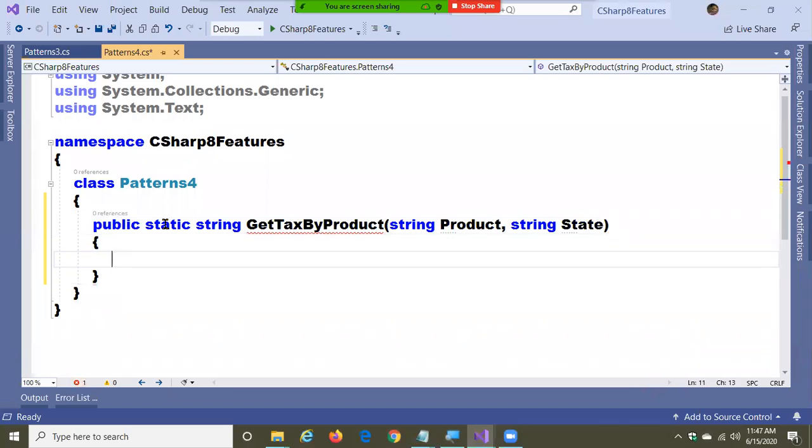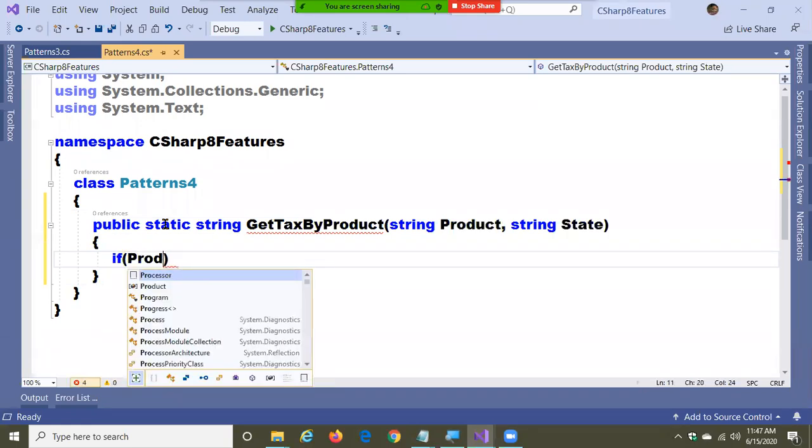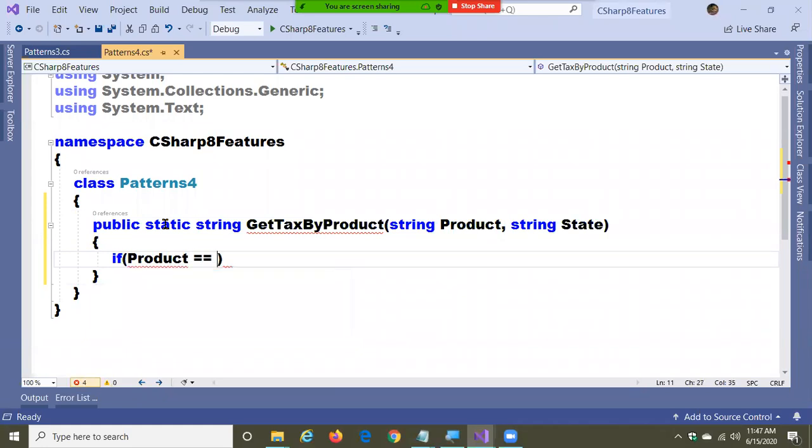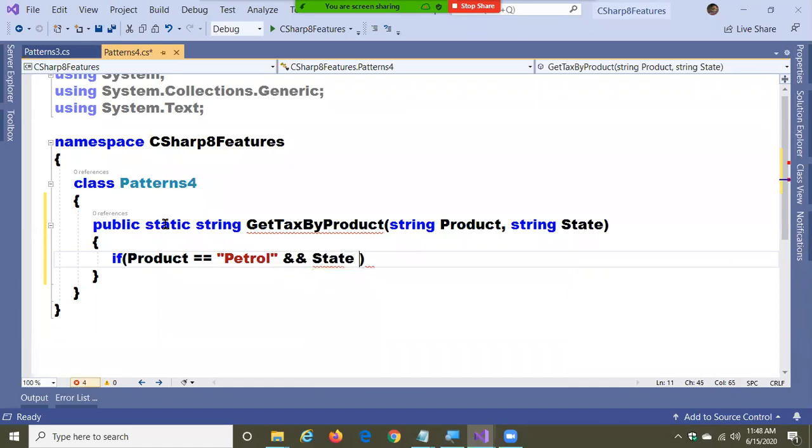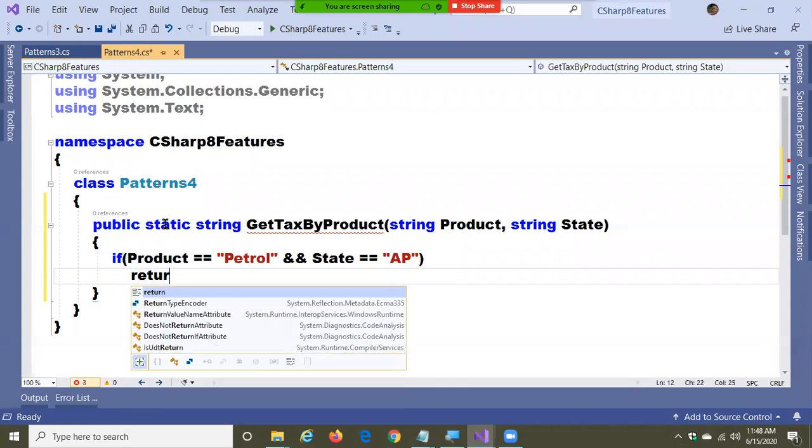If I want to write this code in a normal scenario, how do you write it? If product is equal to petrol, and state is equal to AP, here I want to say return